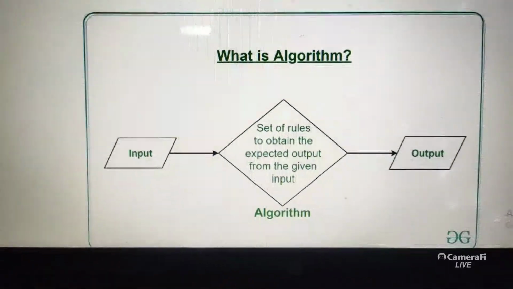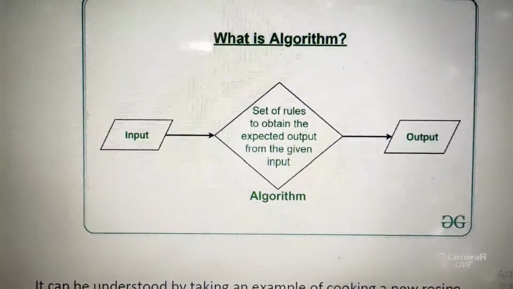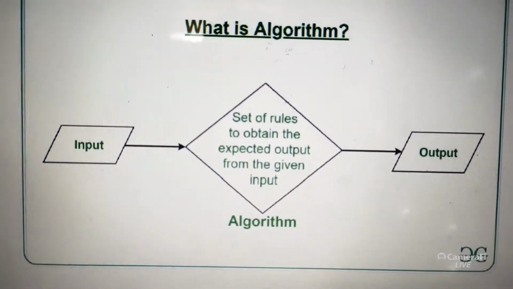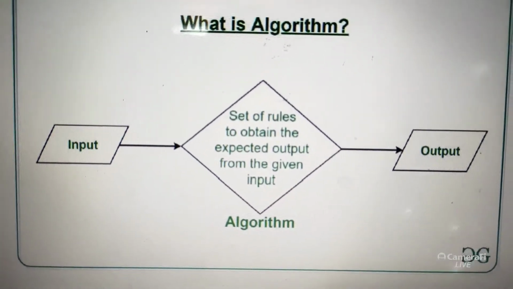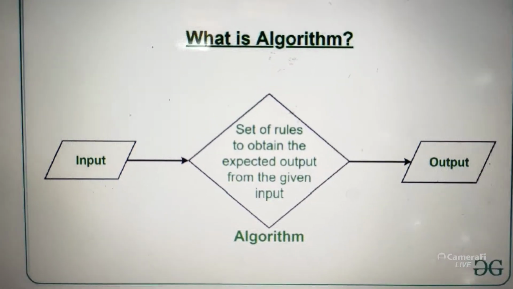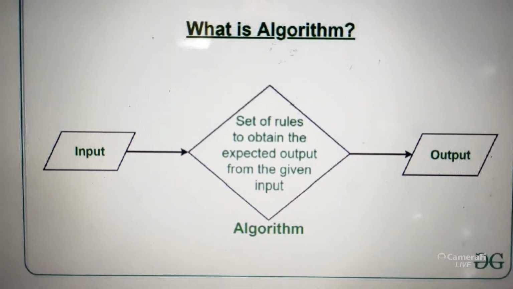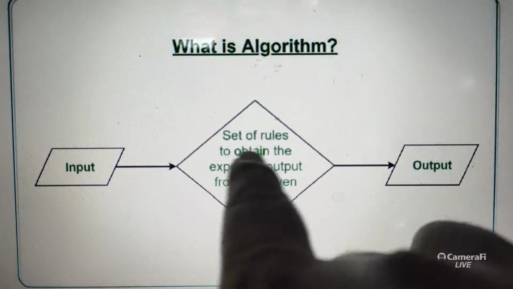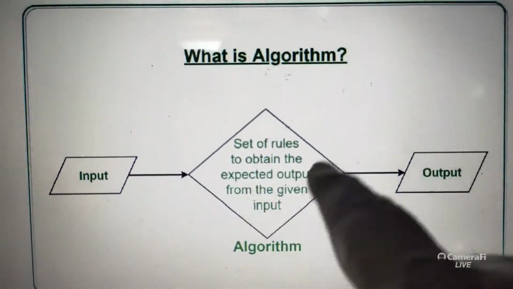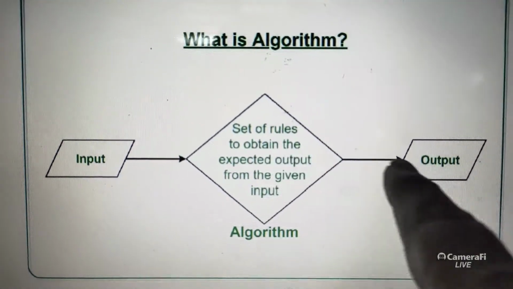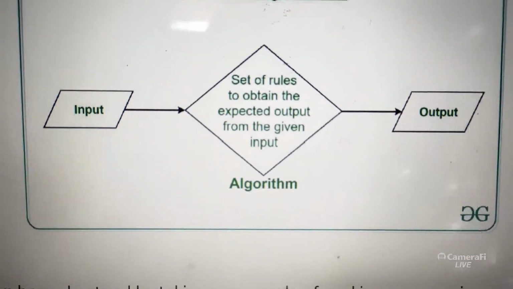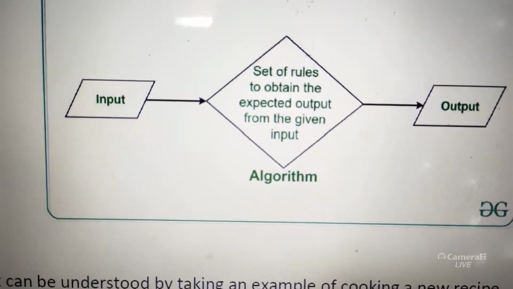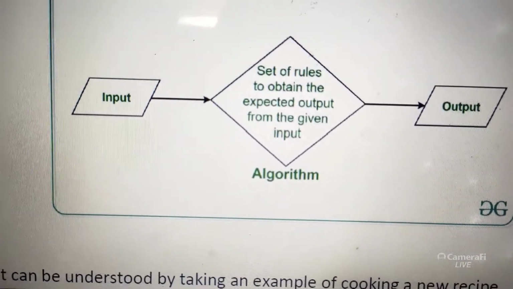Again, what is required for an algorithm? Input, then a set of rules. The steps will be described by the programmer. We should write the program's step-by-step analysis. Then the computer program will be designed, and we will get the output.